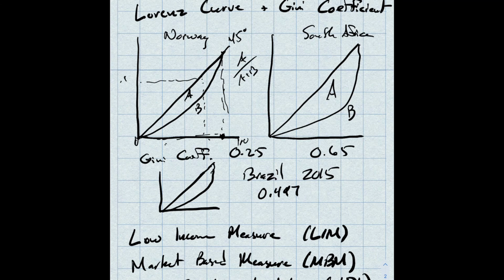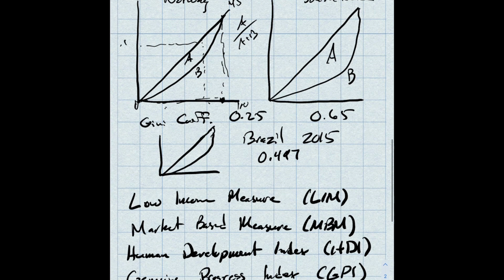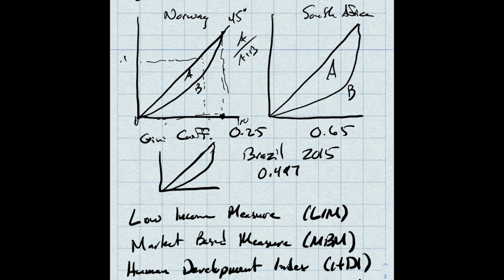So when you look at these ones, Norway's Gini coefficient is 0.25 or 25%, whereas South Africa is 65% or 0.65, right? So we can see that across all percentiles, Norway is a much more evenly distributed, much more equal country. I did put South Africa, not Brazil. I said Brazil because I have a more updated number from 2015, for Brazil,